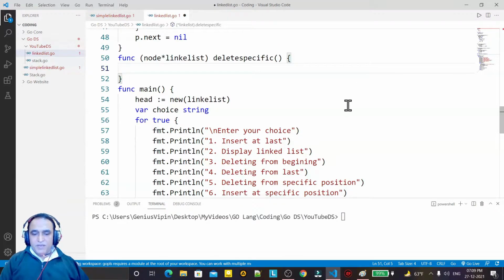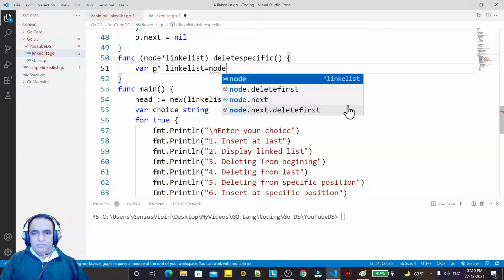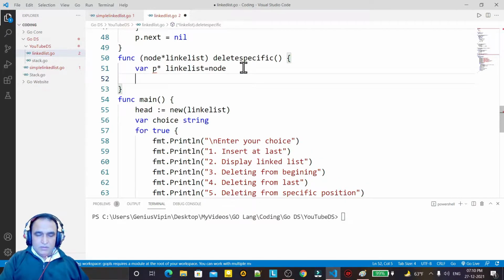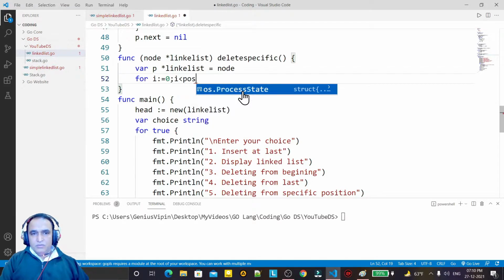For deleting a specific location, first of all I create a P, and here I say linked list, and I pass here the address of node, like this. Now I have to run a for loop, and I say i equal to 0, i less than position.